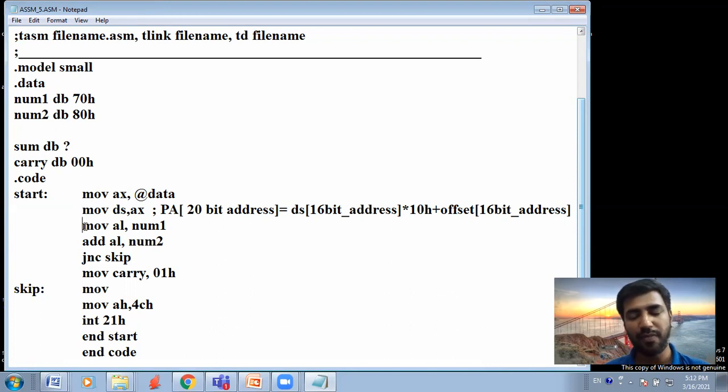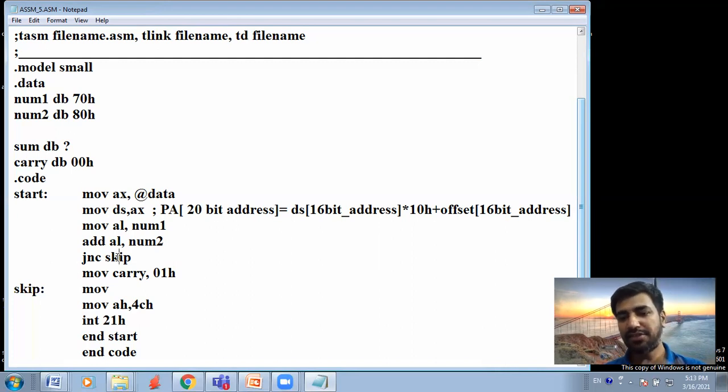If this is a 4 byte instruction, the next instruction would be 4 bytes ahead. You understand that. How much memory they occupy in your memory depends on their individual size. So when you provide this label, you actually provide the address of this line, and this instruction loads the instruction pointer with this address.